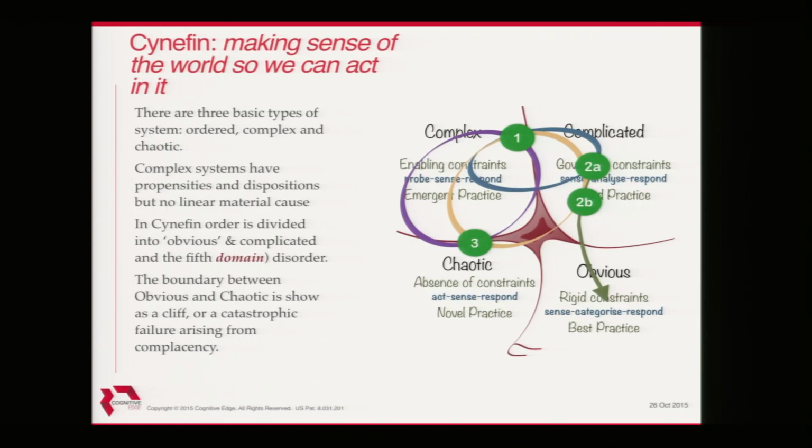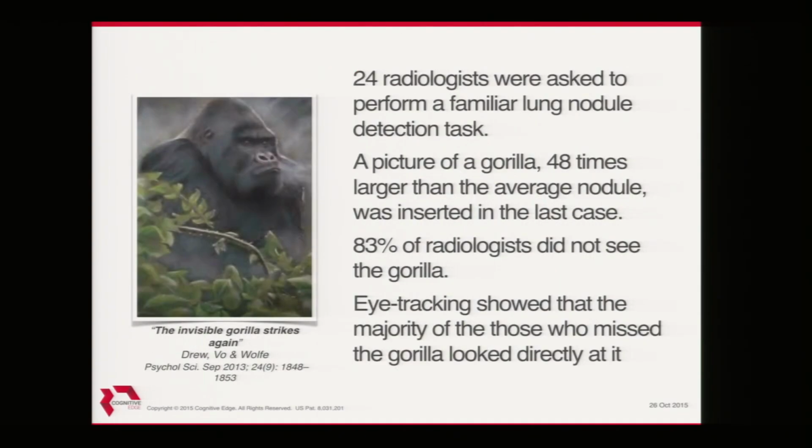Yeah? Now, it also links in with cognitive neuroscience. So just to give you a very scary quote, this is basically a repeatable test. Radiologists asked to detect a cancer nodule, yeah, and if you look at the figures on that, it was 48 times larger. They put a picture of a gorilla in it, which is huge, and asked them to look for anomalies. 83% didn't see the gorilla. 83%. Despite the fact that their eyes physically scanned it. That's radiologists. What the hell do you think happens with the systems analyst?